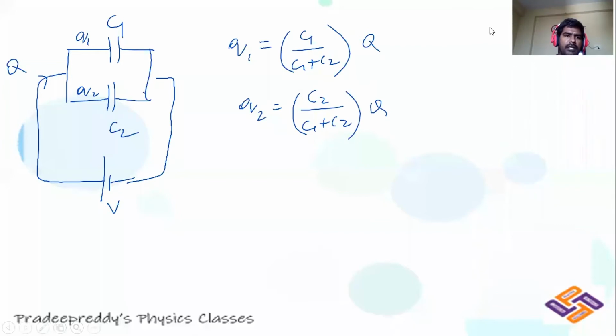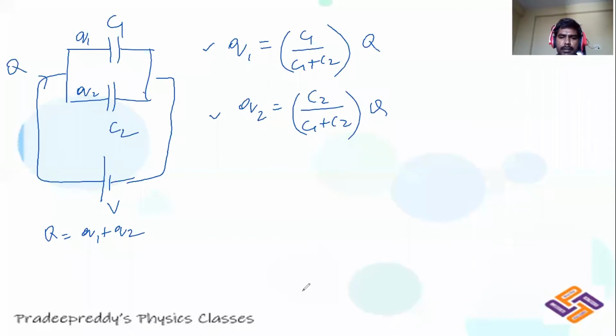Same thing, whatever we have done in the previous example of series connection, you can do that here also. You can go with the derivation like this. Simply take net charge Q is equal to Q1 plus Q2. From here, eliminate Q1 or Q2. If you eliminate Q2, you will get the equation for Q1. If you eliminate Q1, you will get the equation for Q2. Those are Q1 and Q2, which are directly written. Q1 is equal to C1 divided by C1 plus C2 into Q, where Q is the net charge, and similarly Q2. These are the equations you need to remember.